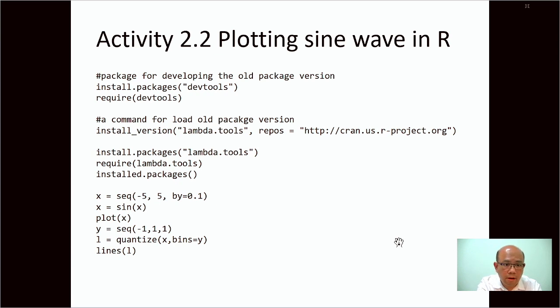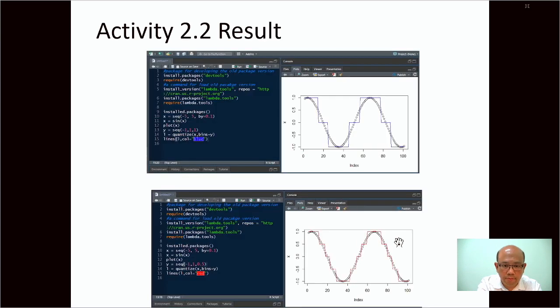After you install R, you write the code here, and R will show the output like these pictures. Maybe in class, if we have time, I will show you and bring you to write the code to show the signal and simulate analog signal